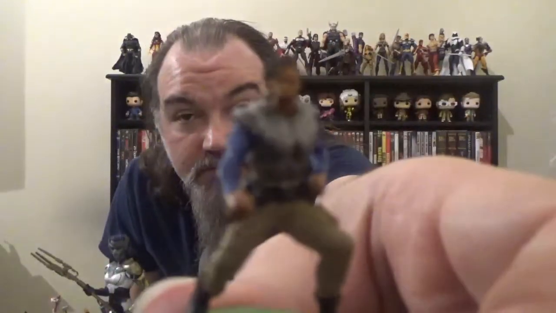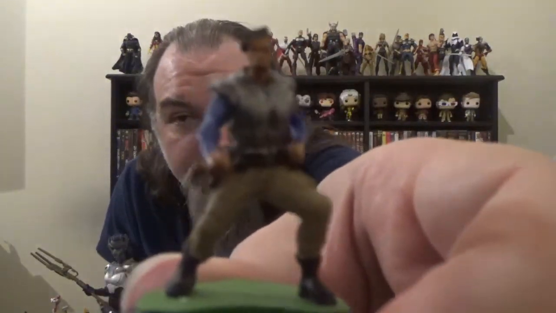Next up, we've got Killmonger. Killmonger here comes in at 60 points. He has the Stark Industries, Wakanda, Soldier, and Warrior keywords, as well as a trait Covert Ops, which grants him